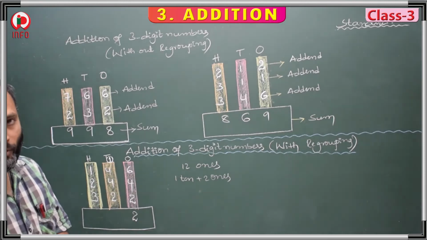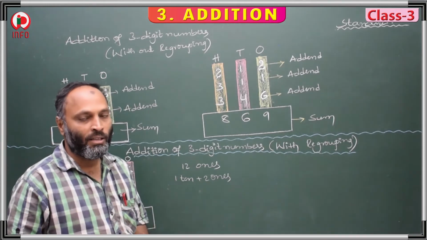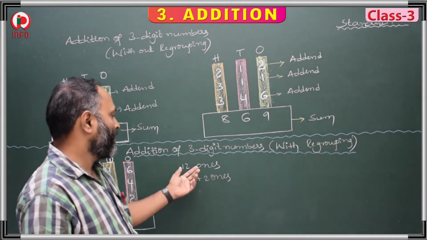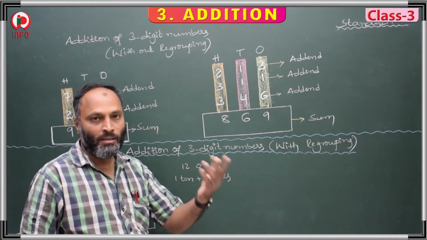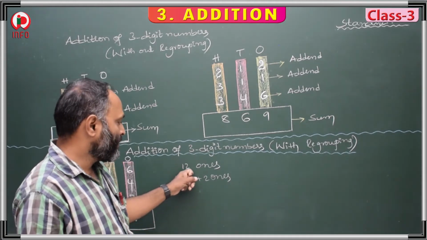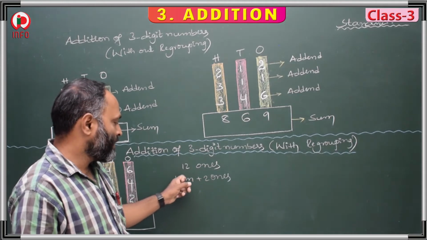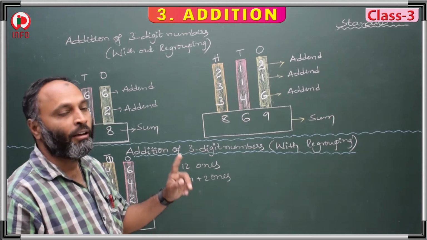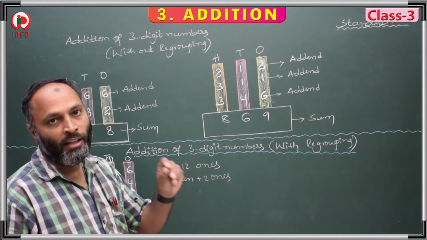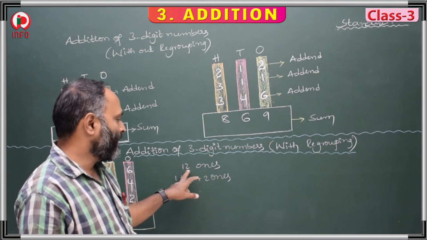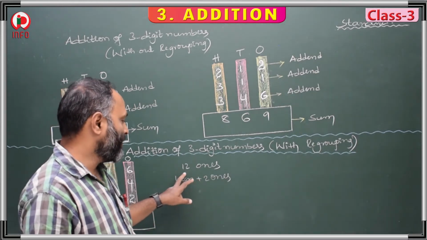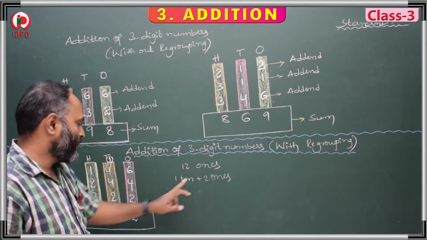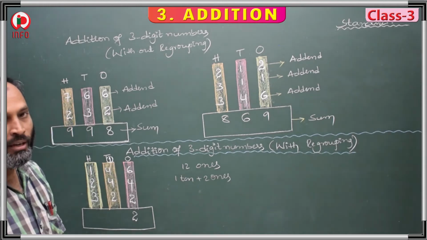Like this we have to convert ones into tens and ones. Regroup ones into tens and ones when a double digit number comes, that is a 2 digit number. This shows ones and this shows tens. How many ones are there and how many tens are there? The first place value shows ones and the second place value shows tens. It means 1 is in tens place and 2 is in ones place. Like this we have to make regroups.